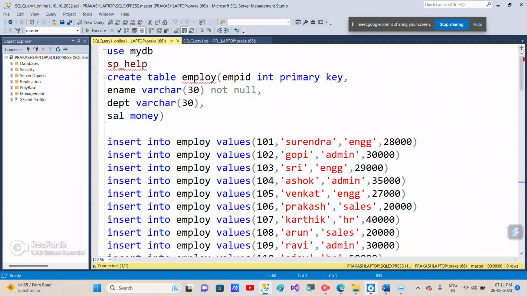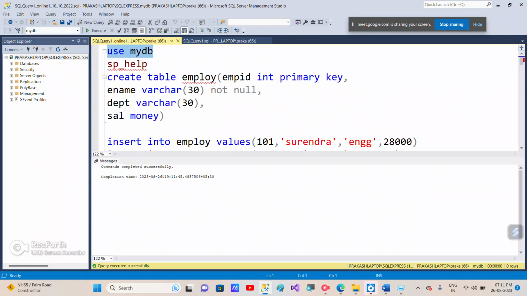We are in the master database now. So already we have a table called employee in my database called mydb. I'm just executing this. We are in the master database. Whenever you execute this command, USE mydb, we go into the database called mydb, and already I created